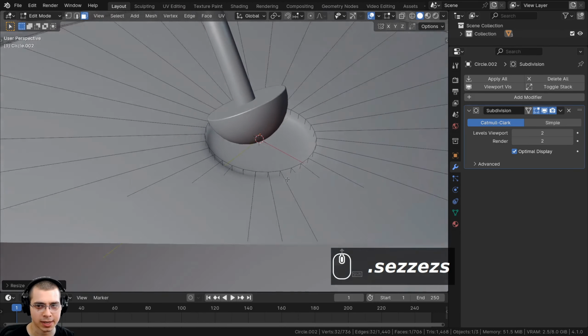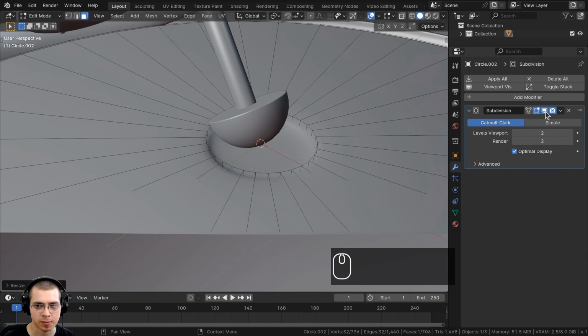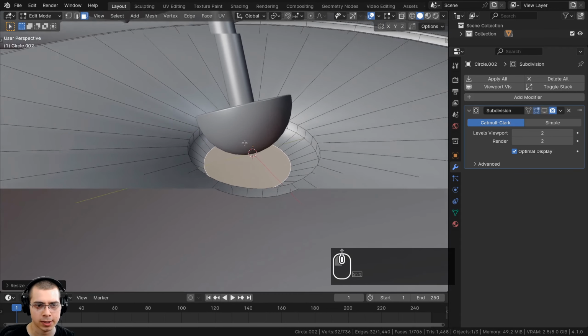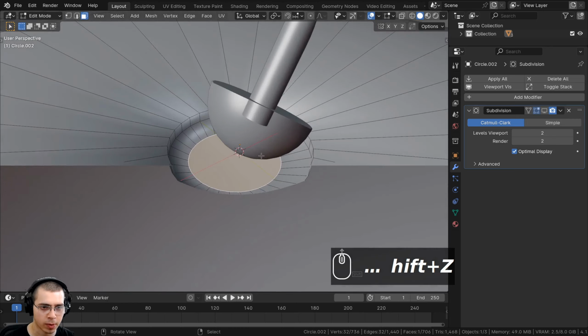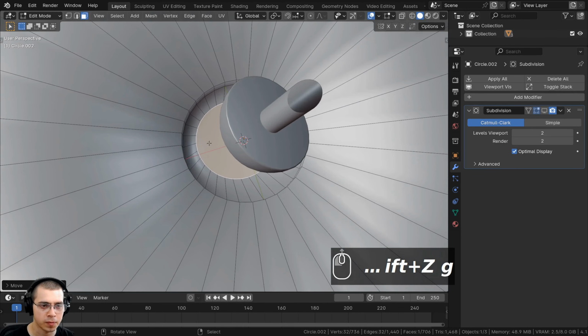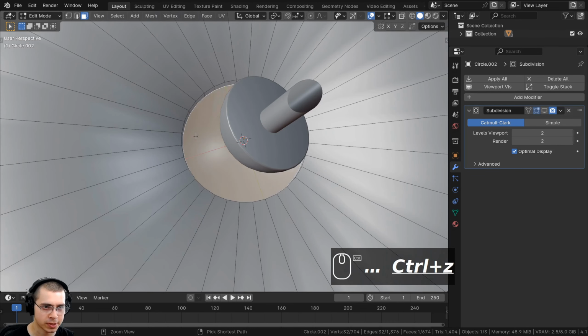And if it's hard to see what's actually happening, then on the subsurf modifier, you can click on this monitor icon just to hide it, so you can actually see what you're doing, because sometimes the subdivision surface gets in the way of your modeling. You can see I accidentally moved this over a little bit, so I'll just press Ctrl Z to undo that.